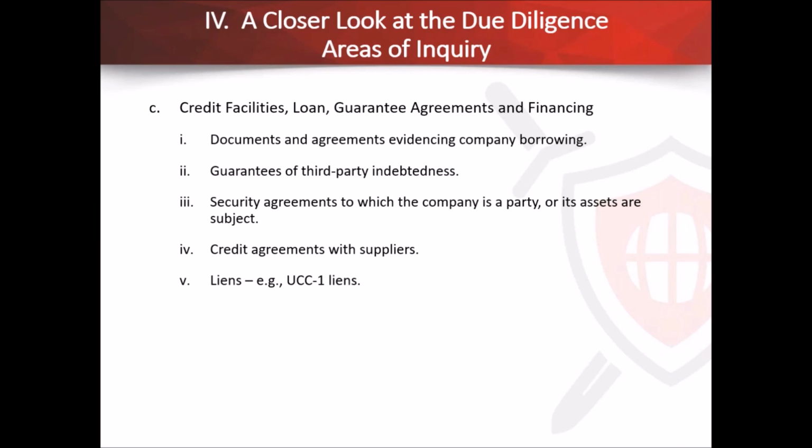These credit facilities, depending on the size, can be the most complicated transactions themselves. A lot of these loan covenants and terms require certain cash to be in the company, require liquidity, and require certain limitations on salaries. I've got to tell you, typically they're in breach. The companies are not perfectly complying with their line of credit or the facility, and the seller, the owner of the company, has to figure out how to get back into compliance, because they're either going to have to pay this thing off or get a consent from the lender